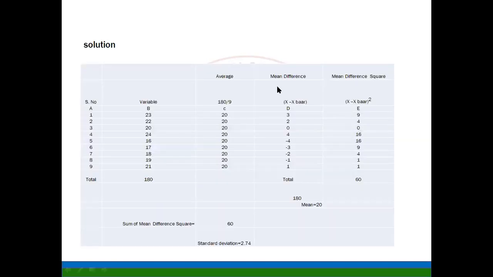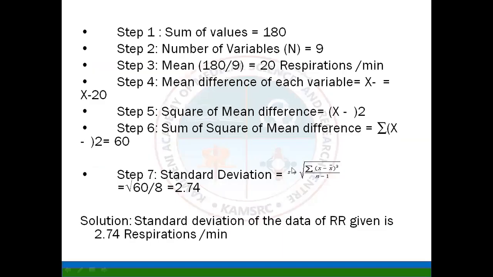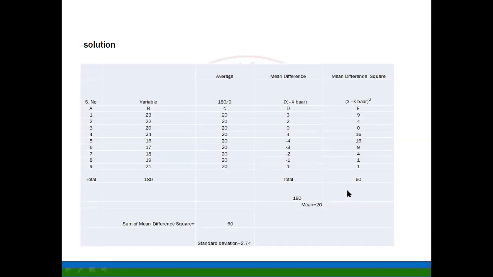First, let us draw a table. In the first column, so actually the formula for standard deviation we all know here is the square root of the sum of square of mean difference divided by n minus 1. So when we put these values in a table, in the first column we are writing the serial number, so the total number of variables are 9. So n is 9. Then the variables what they have given in the question,